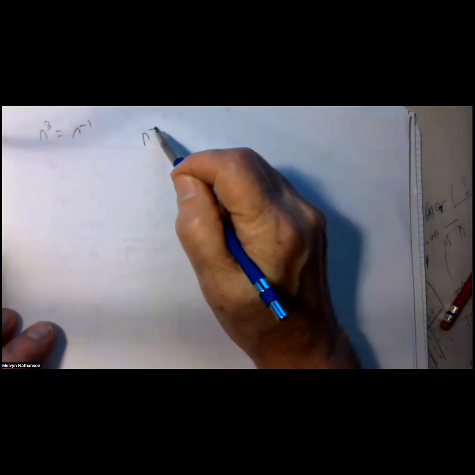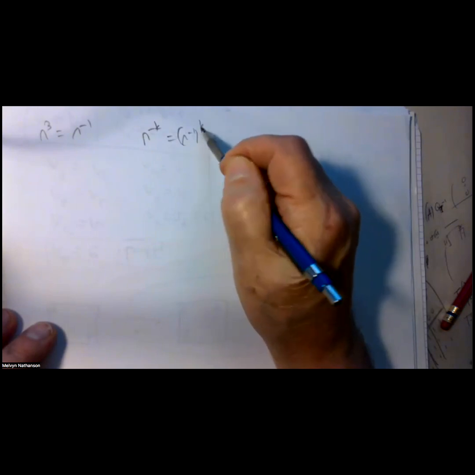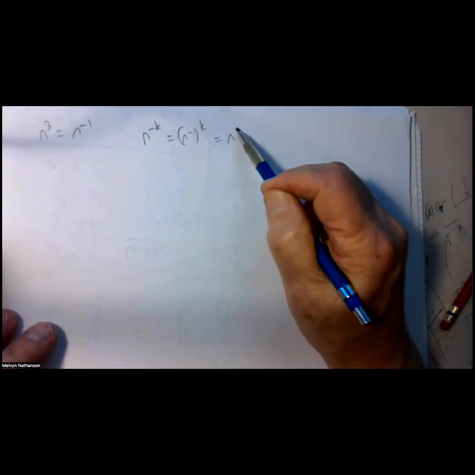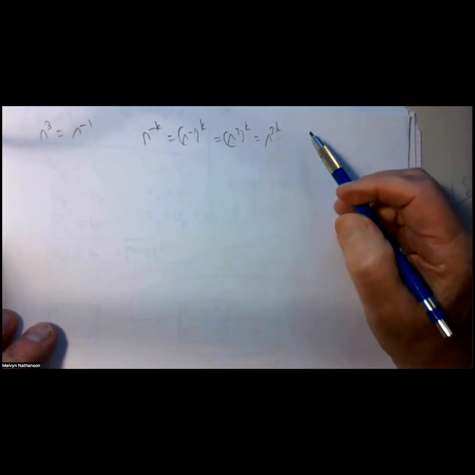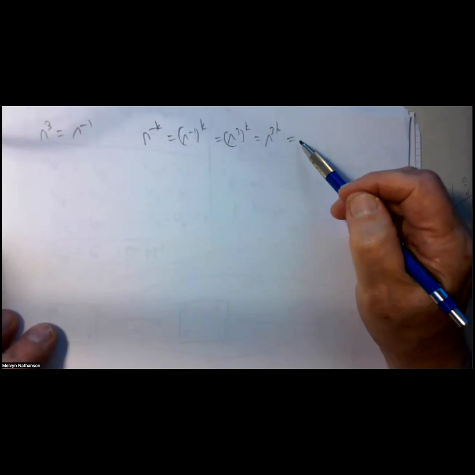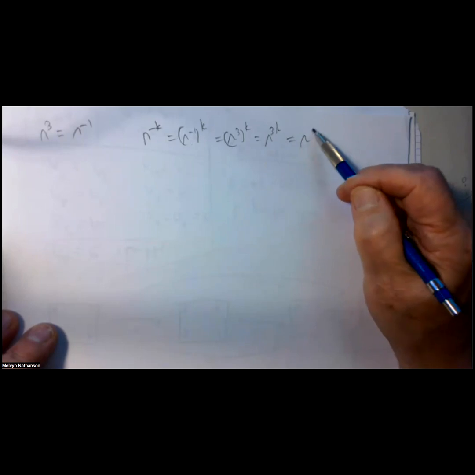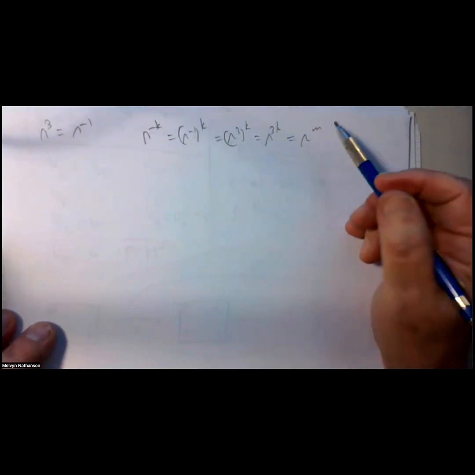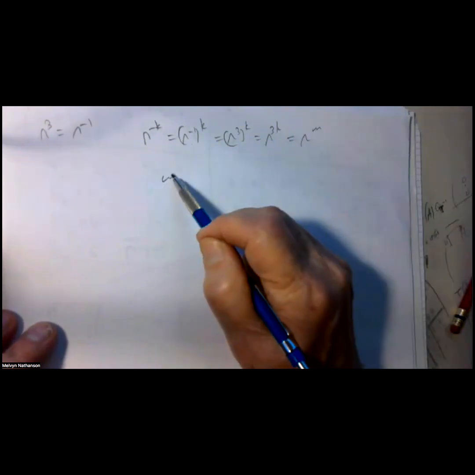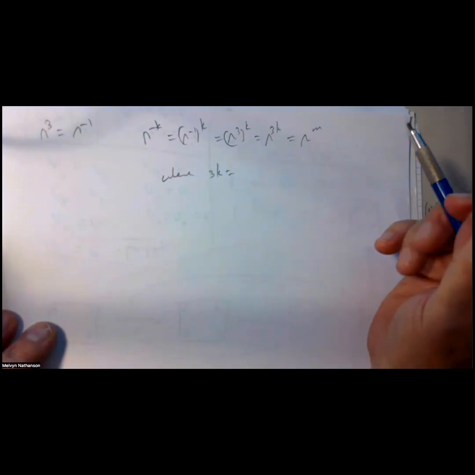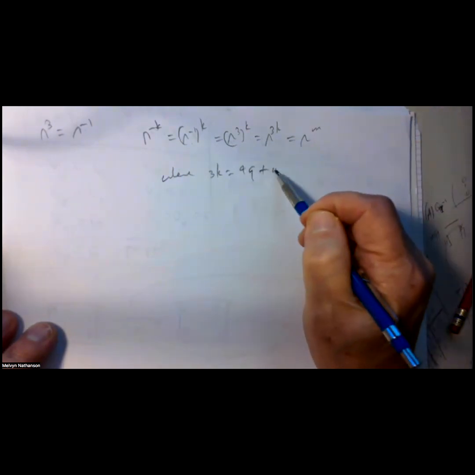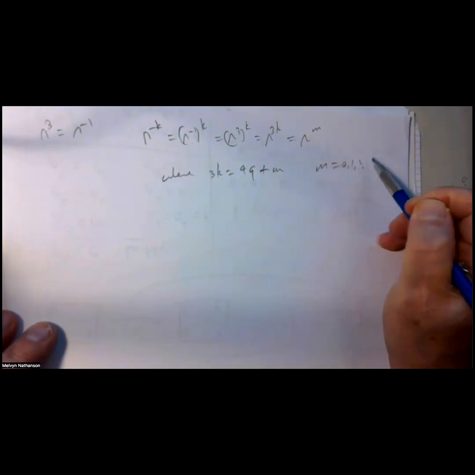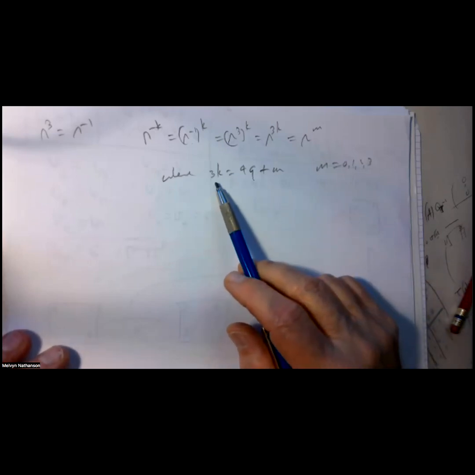So r to the minus k, which means to apply r inverse k times, that's the same as applying r cubed k times, which is r to the 3k, which is equal to r to the m, where 3k, if you divide by 4, is equal to 4 times the quotient plus m. m is 0, 1, 2, or 3, and we could also write it like this because, let's see,